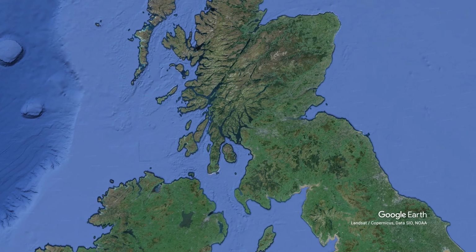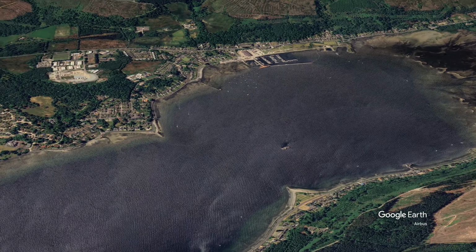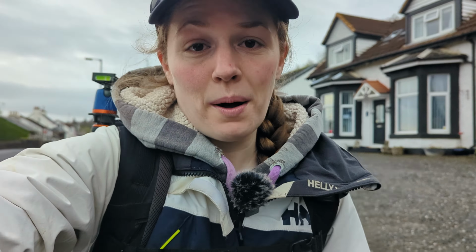So this week I'm in a place called Holy Loch and I'm visiting a local nature reserve. Now the reason I am up here is that my partner and I are actually on a bit of a